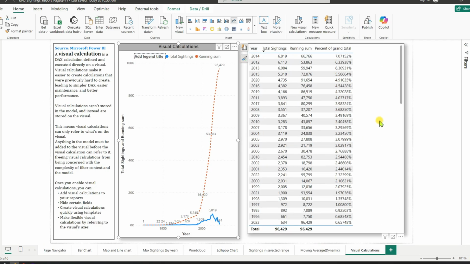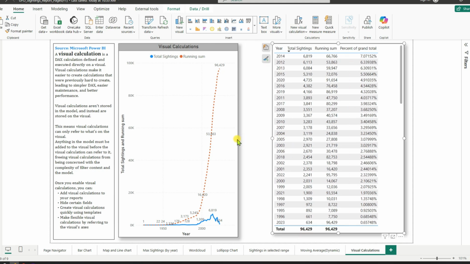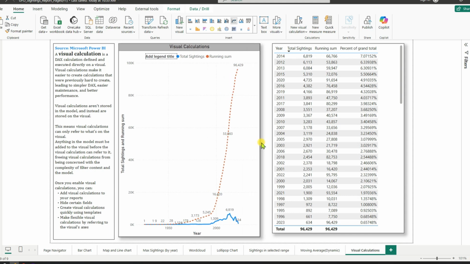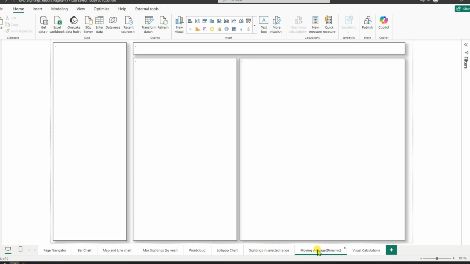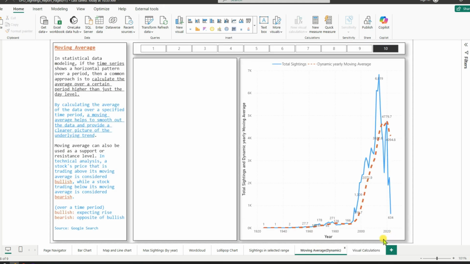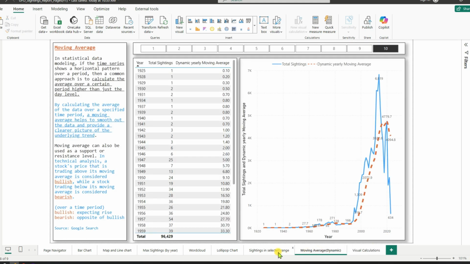Like I said, we can always add the moving average and read up the limitations. I think we might get carried away that instead of writing long lines of code, if it is something simple, we feel that it is pretty easy for us to do. But again, once we keep the limitations in mind, we can try to use visual calculations to the best